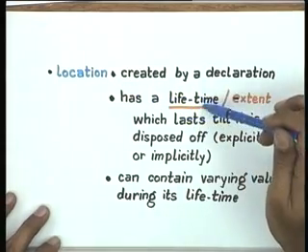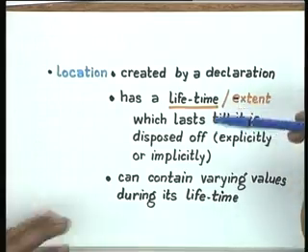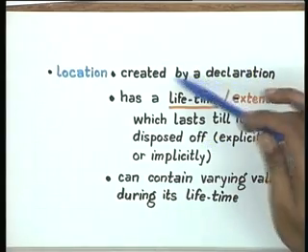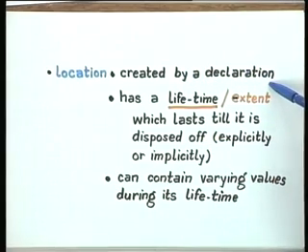during command execution, but during the lifetime of this location there is an identifier to location binding which comes from a declaration, right. So you can have fairly ephemeral creations like that. So we will assume that new locations are always created by declarations. Every location has a lifetime or an extent, which usually lasts till that location is explicitly or implicitly disposed of. So the fact that a location is created by a declaration means that it does not necessarily last forever, because a declaration creates a little environment which has a lifetime which is usually governed by the scope of that declaration,